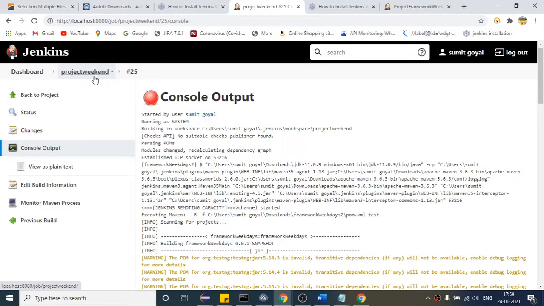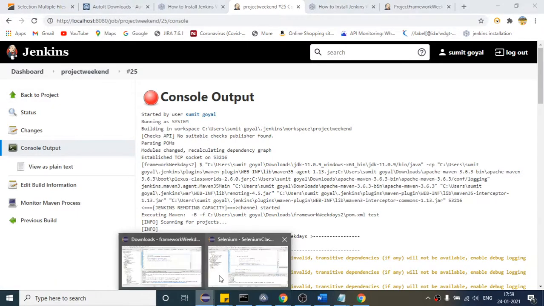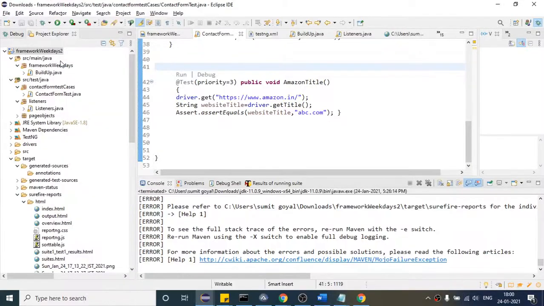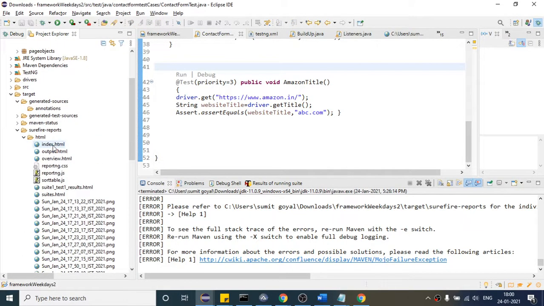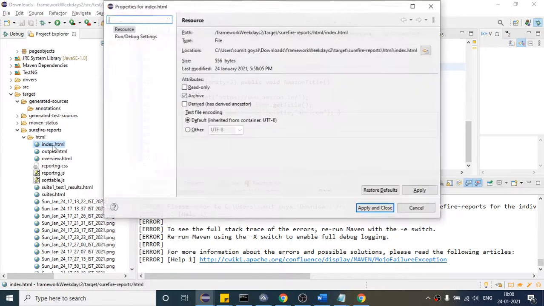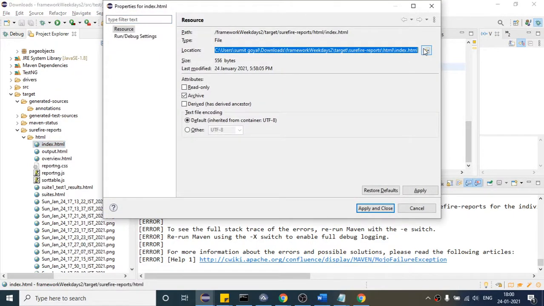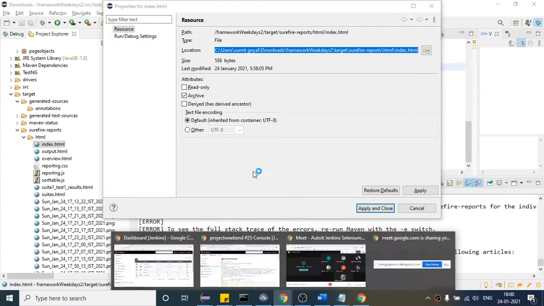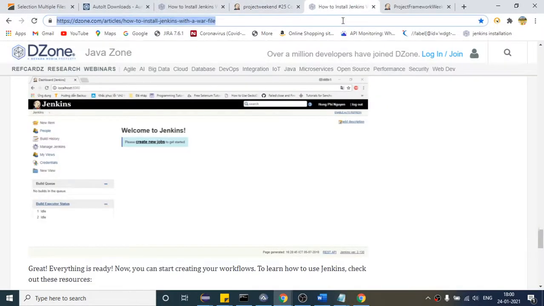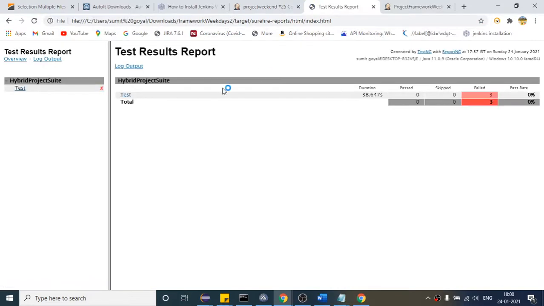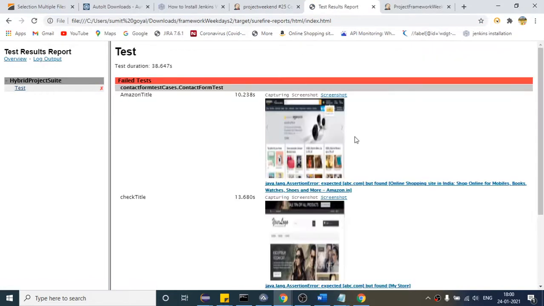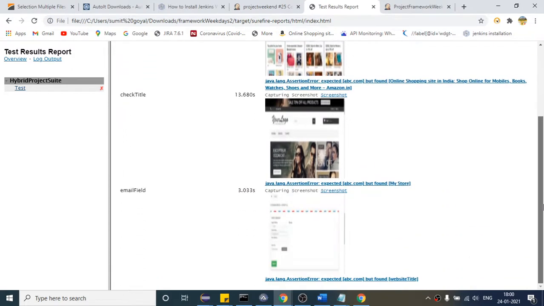Okay, so you can import any project, run the test case. Suppose if you want to also see, as I am running this project, and if I refresh it, right? As I know that this is our report ng file, this we have generated. If I show you how it will look like, right? This is how it will look. 3 test cases fail. So when Jenkins will run, same we are getting.